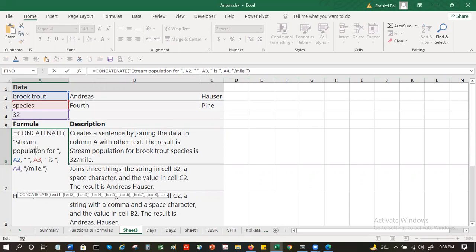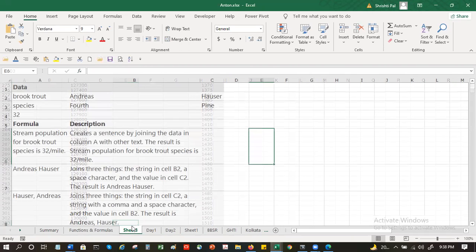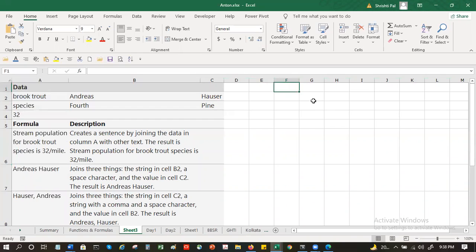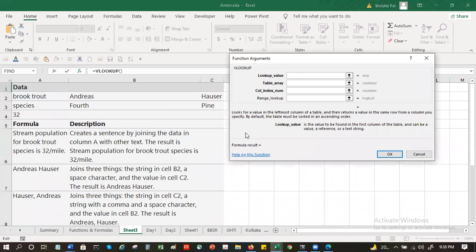If you could just help me out with a similar kind of function, probably some other function. Yeah, no problem. Let's say VLOOKUP. We'll come here, help on this function.